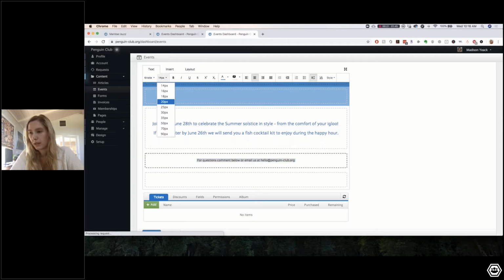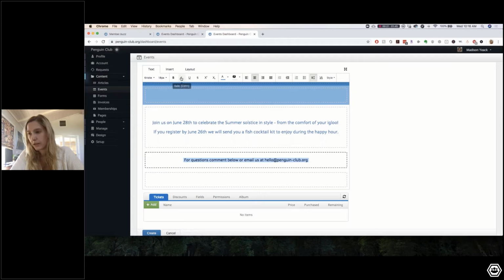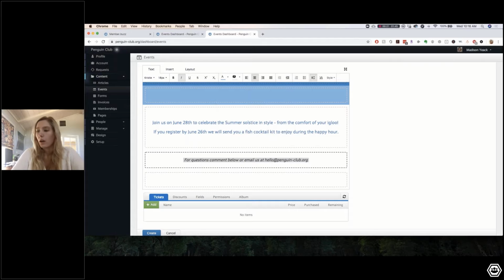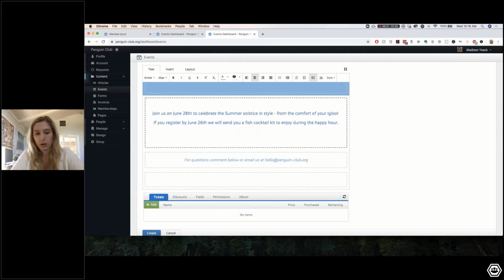All right, we'll make that 18 so it's a bit easier to read, italicize it, and make it maybe a light blue. Awesome. So other kind of features that you can add to this page are you could definitely add a button. If you want to add a button to navigate anywhere, we have some really cool button features. So you just go to insert button, you click into the button and press delete, and really on your keyboard you type something like